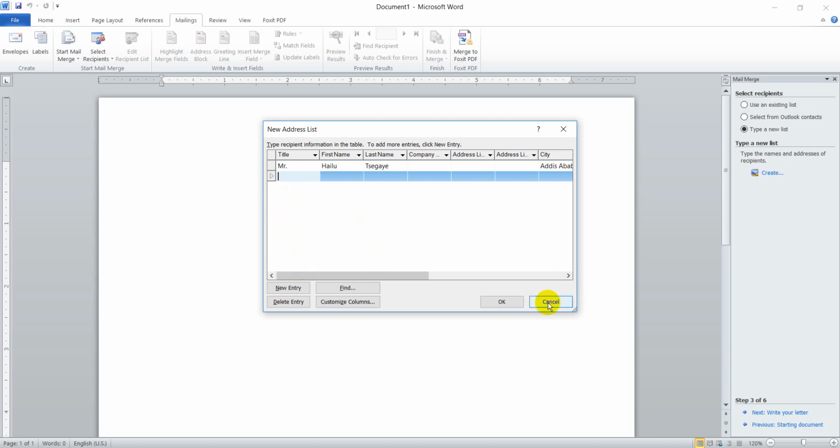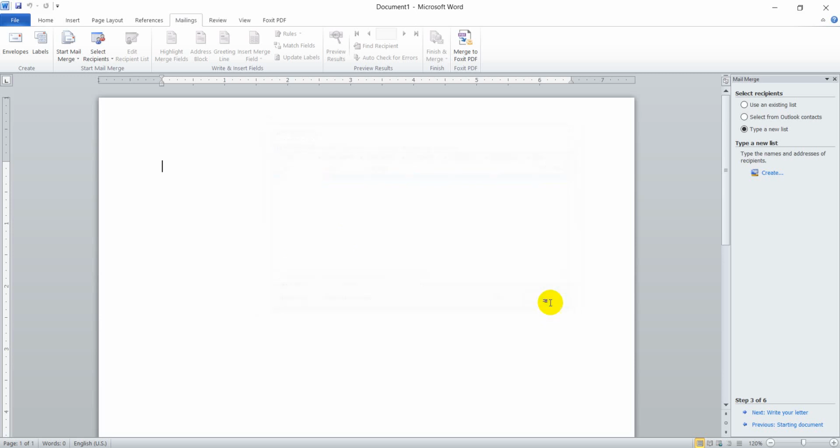But for today, I will use an existing list because I have a created contact list. So let me select use an existing list and browse to open the contact list